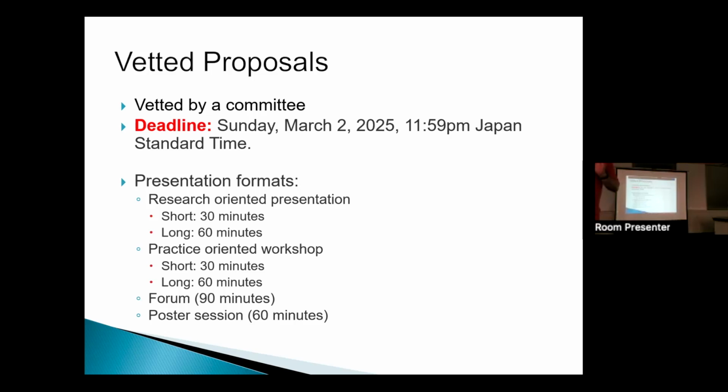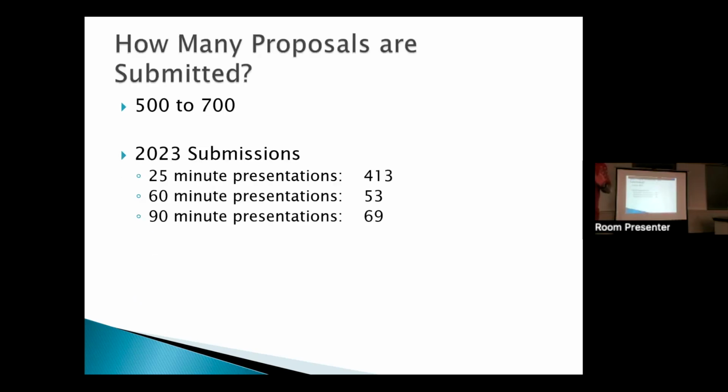There are forums. This is basically for the SIGs to hold their forums and other meetings. And there are poster sessions, which are now 60 minutes. So there are different presentation formats. So you have to choose the appropriate format for your presentation. Now, how many proposals are submitted? It depends on the year and the venue and stuff, but generally 500 to 700 abstracts are submitted. So there's a huge job in reviewing, vetting, selecting